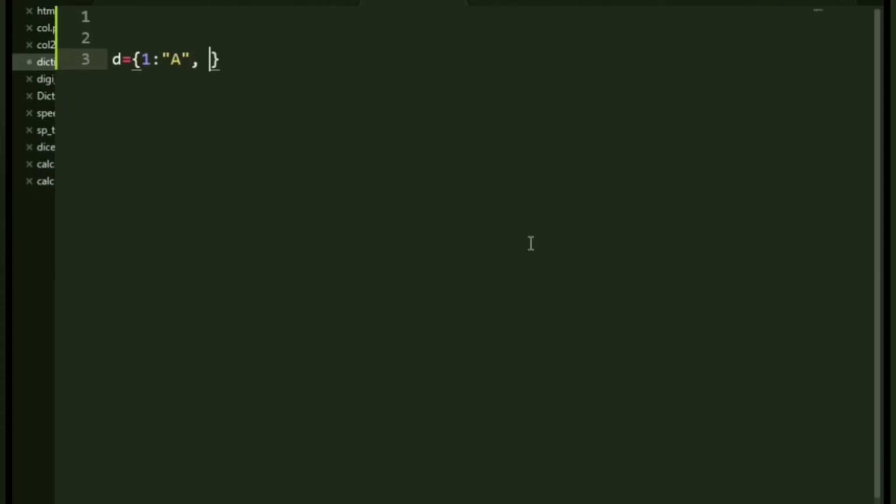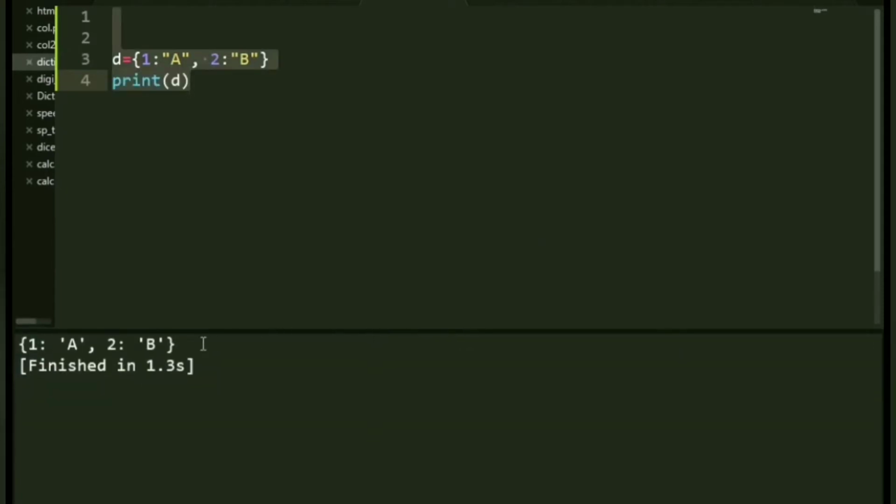Alright, now it's not necessary that you only have integer keys. You can have mixed data types also. Now let's print it and see what we get. Okay, so you see you have your dictionary here. Now, what if I want a mixed data type, such as, let's keep the first key as it is, and secondly, let's assign to 2 a list. That is, the key 2 will hold a list. Alright, now let's see this. Okay, this is allowed, no issues at all.